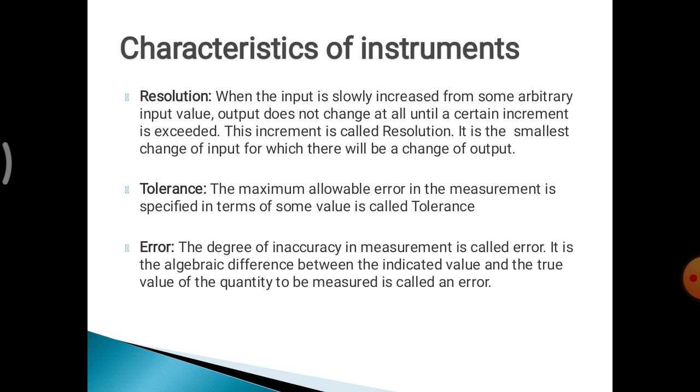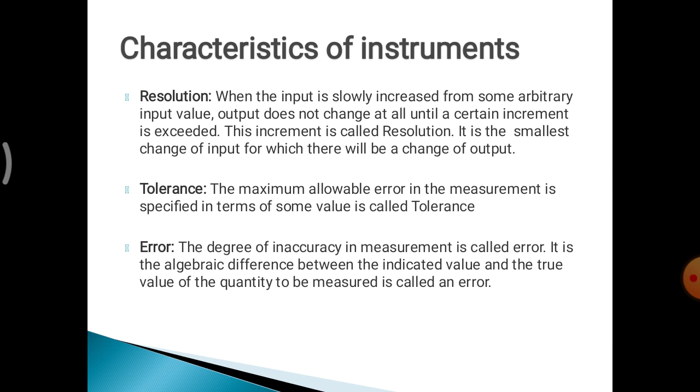If anything is manufactured, they'll be writing plus or minus, that much little bit of change will be there. Assume that a piece of equipment or pipe is 100, then they'll write 0.1% of that. It may be less than that or it may be more than that. So that is called the tolerance.